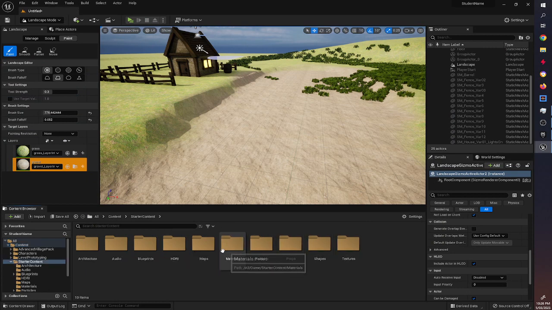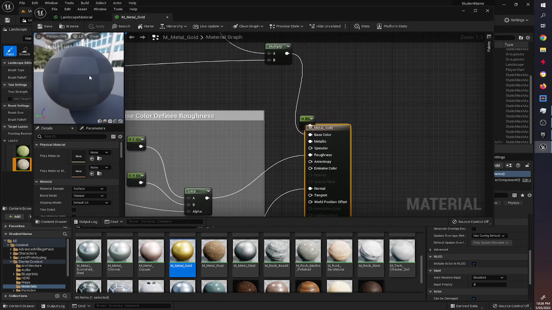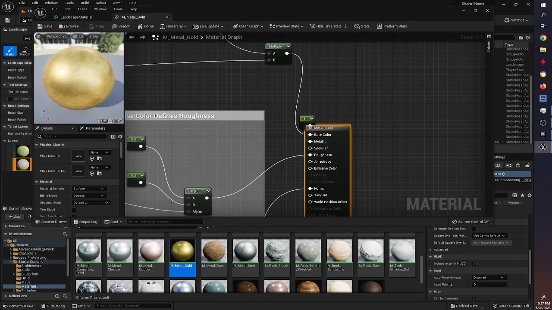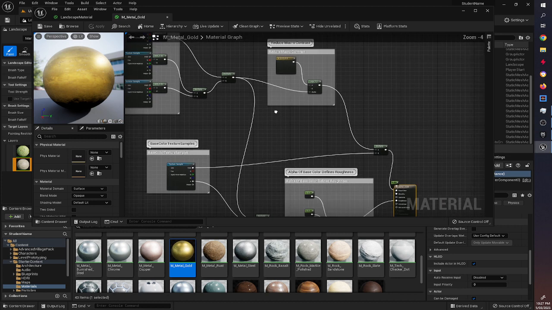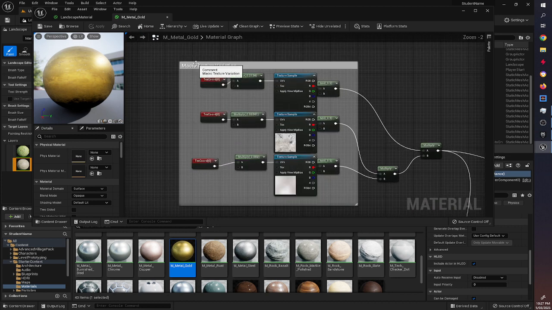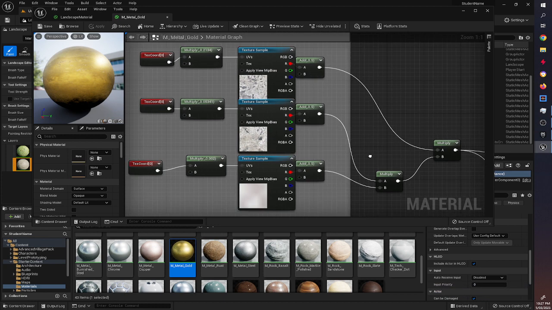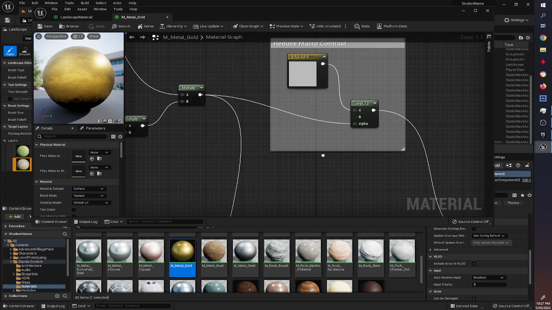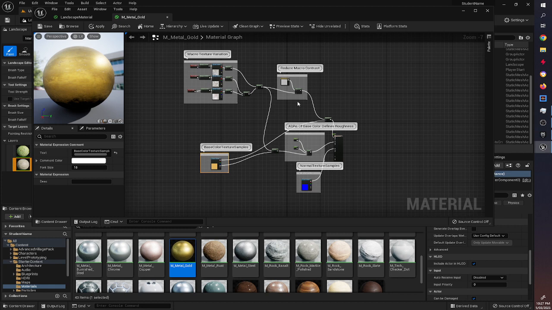Without going into too much detail, if we look here at this gold, we can see that it breaks up a lot of its tessellation by having this overall patchy sort of look to it. It does this by using this macro texture variation, which takes in all of these different textures here, multiplying their coordinates, adding them together, and then multiplying them with a reduced macro contrast and plugging into here. Rather than get you to do all of these things yourself, we're simply going to copy from here